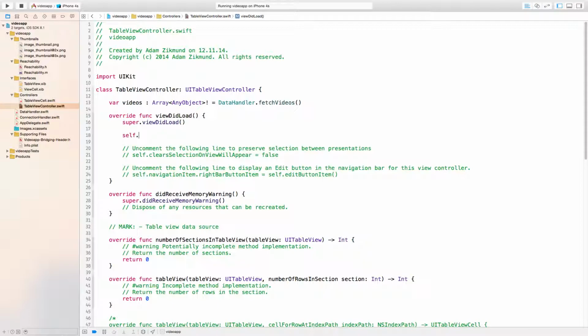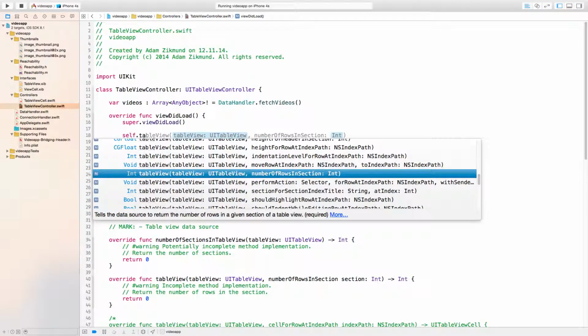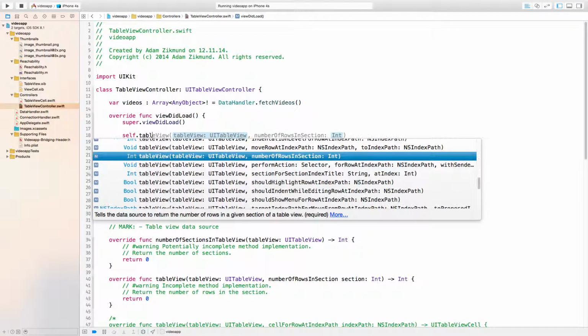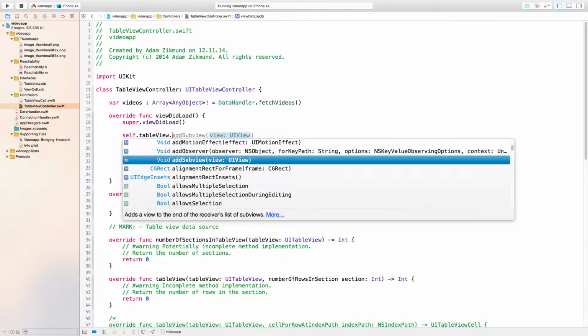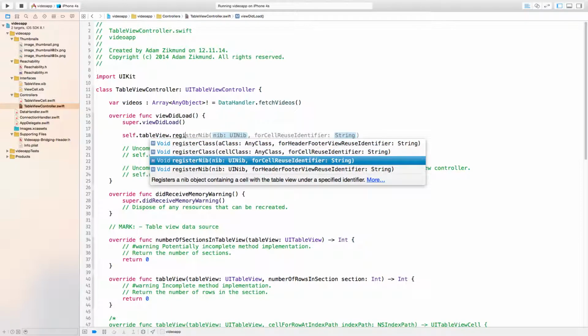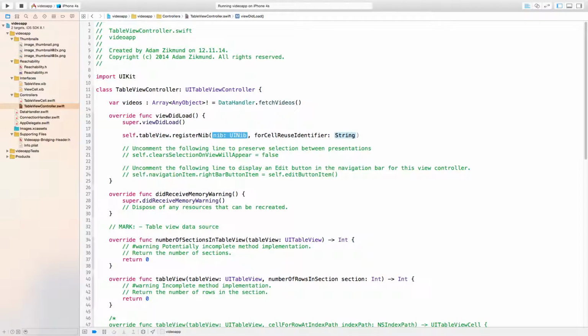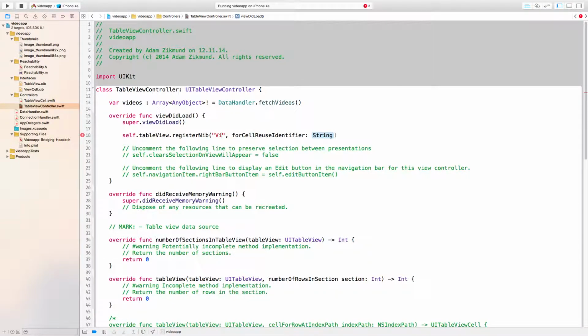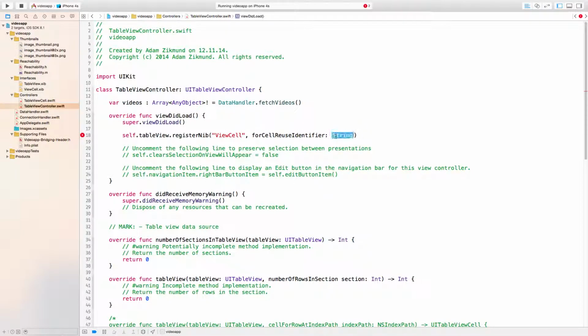So we have to take the table view, and on the table view we call register nib. The nib name is view cell, because our nib cell is named view cell nib, okay. And the reuse identifier will be